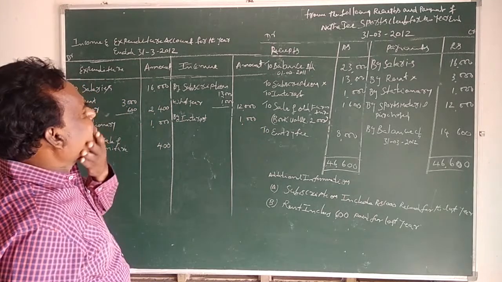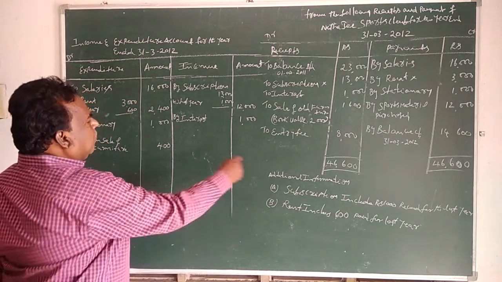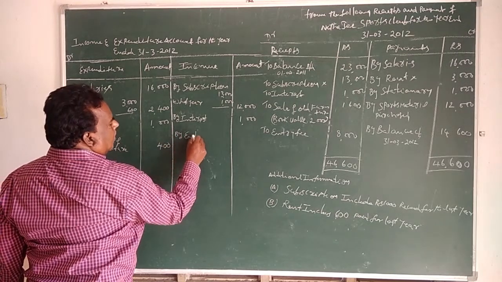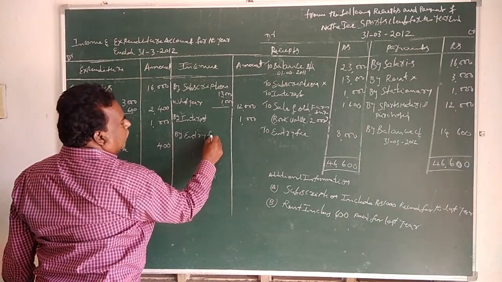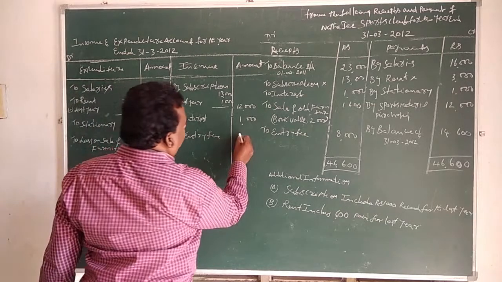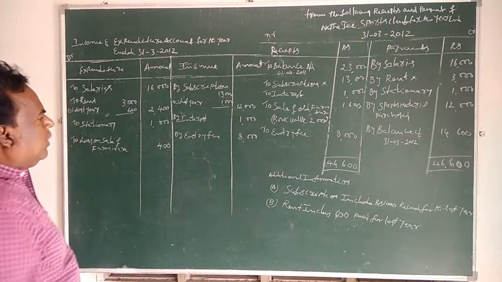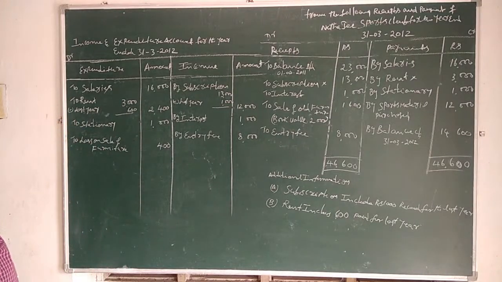Next, by entry fee 8,000. These are the income of the non-profit organization for the year 31st March 2011. So on the debit side, salary is 16,000,